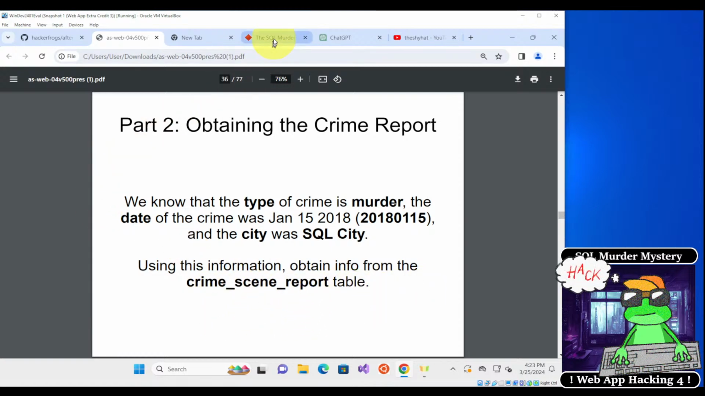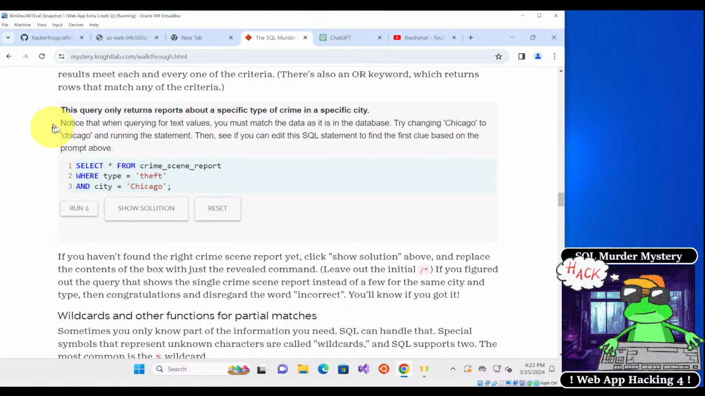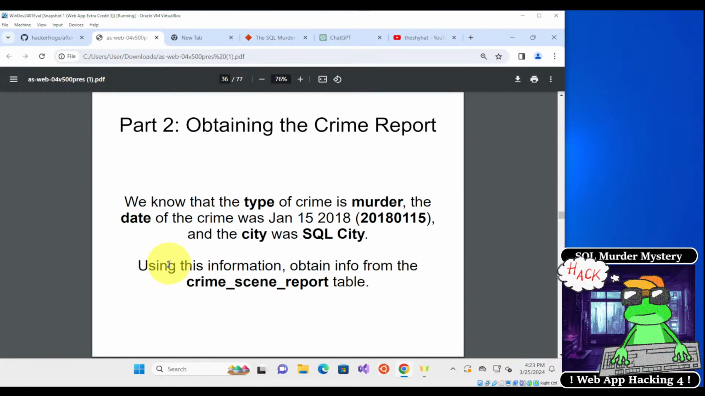Okay, so everybody, please scroll down to this box right here, select star from crime scene report, and what I want you to do is create your own query, which returns the crime scene report for SQL City, where the type of crime is murder, and the date of the crime is this date right here. Okay, so everybody give it a go inside of the web page,